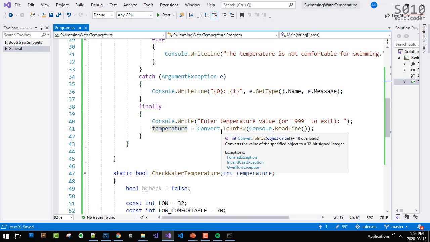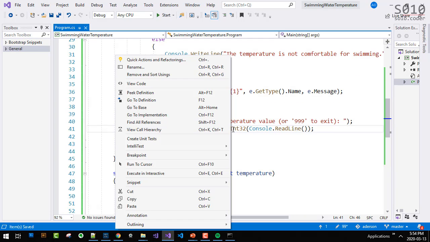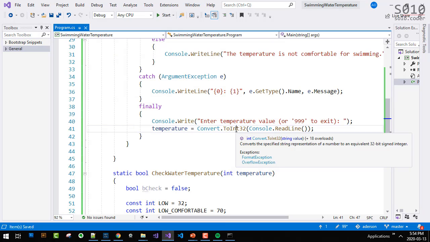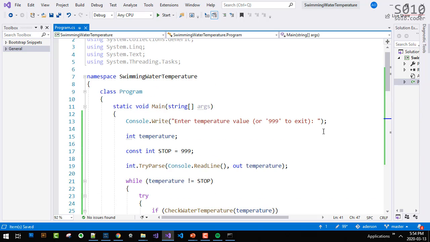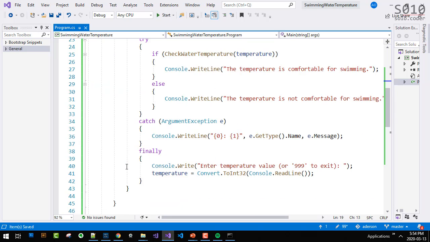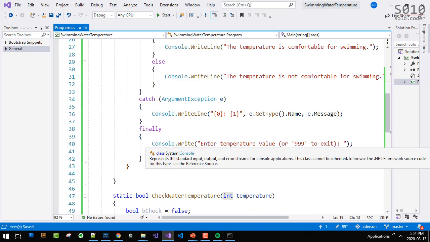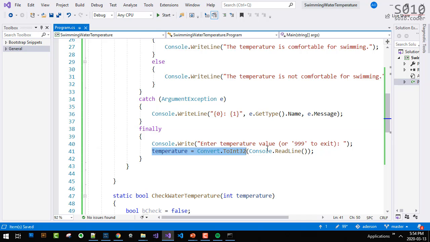That's why, actually, here's the thing. We should convert this to TryParse as well, because I only converted the one up there. So we should do the same thing here. But is there any way that we can get an exception, like a message that we get in other exceptions? Okay, let's talk about that. I'm just going to make this minor change there.